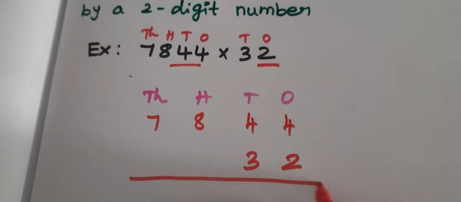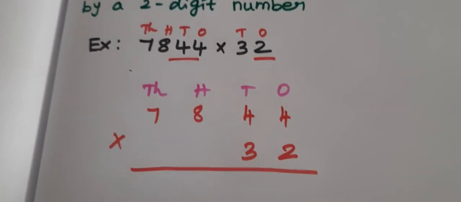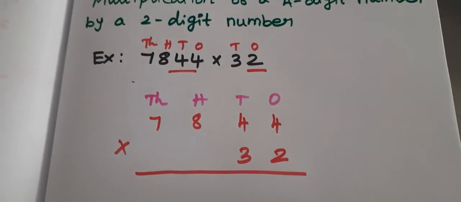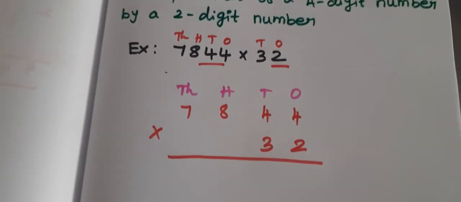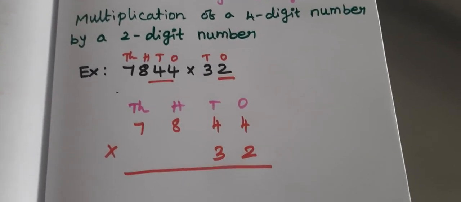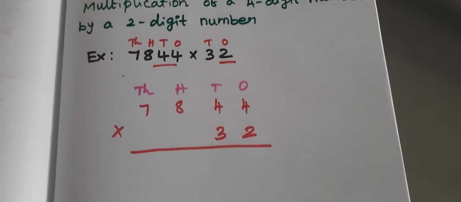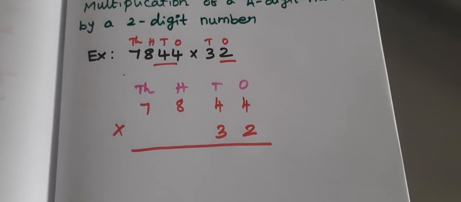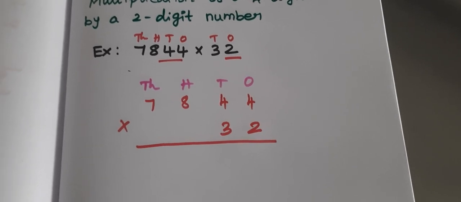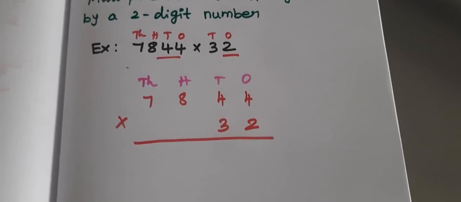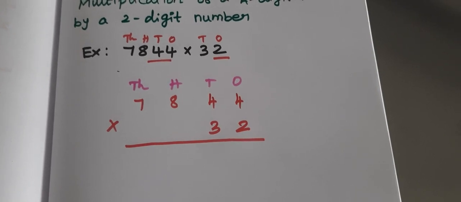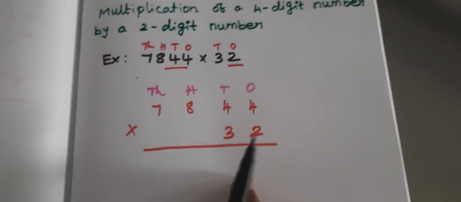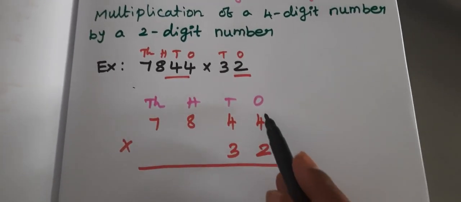This process is multiplication. I told you that in addition and subtraction you put the signs compulsorily. The same you should follow here also. Addition is a plus sign, subtraction is a minus sign, and in multiplication you put the into sign, the multiplication sign. Now here you have to solve, first starting from the ones place.